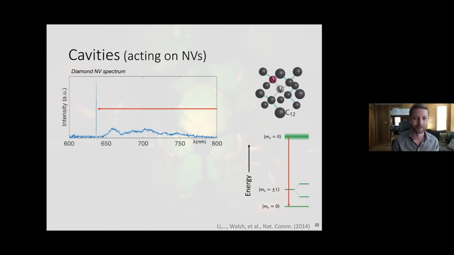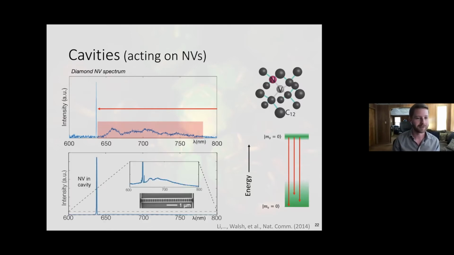And we can start to reason why this might be. First, we can renormalize our energy diagram here, because the excited state's actually much higher energy than this ground state. So we can go ahead and ignore the other levels of the ground state. Because we're in a diamond, we're in something that has atoms all around us that are all vibrating around. There's an opportunity for that photon to, instead of decaying straight to the ground state, interact with one of these phonons, or the vibration in the lattice.